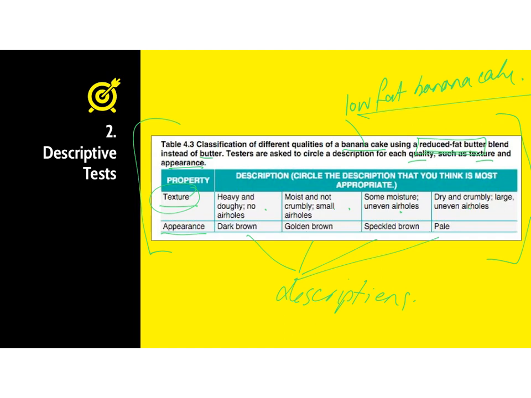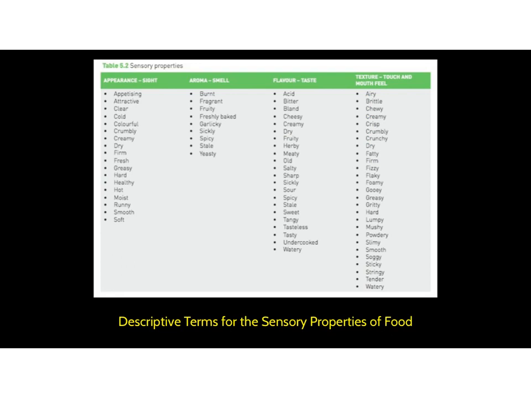air holes. The second characteristic or property that's being assessed is the appearance. So this is mainly looking at the visual appeal, including the color. Now, there are four words or four descriptions that can be chosen. So the banana cake might be dark brown, it might be golden brown, it might be a speckled brown, or it might be pale. Okay, so this is a really good example of a descriptive test. Now, this has been taken from the new textbook, and this is in table 5.2, so you can refer to